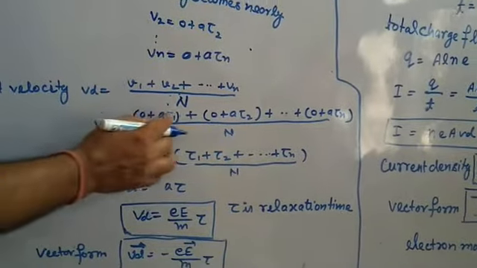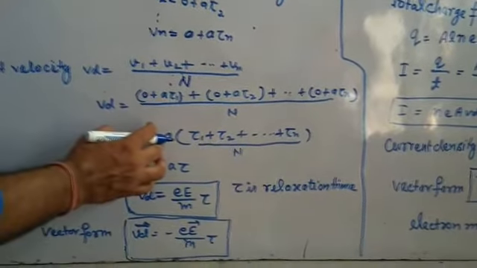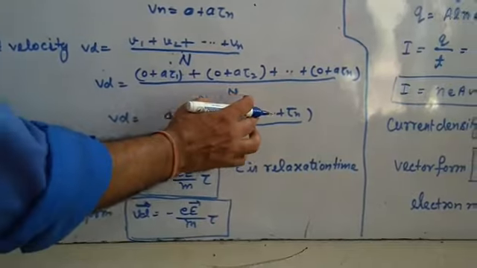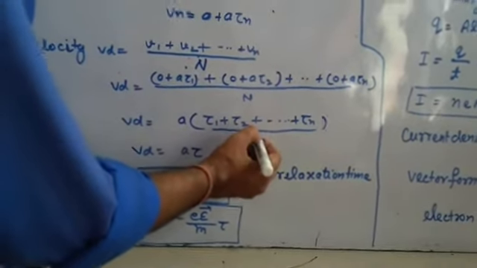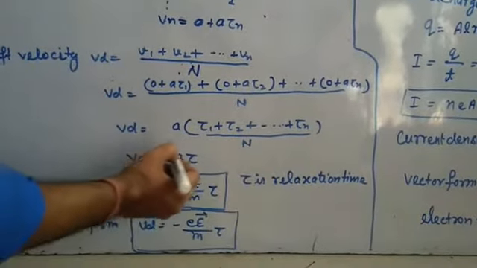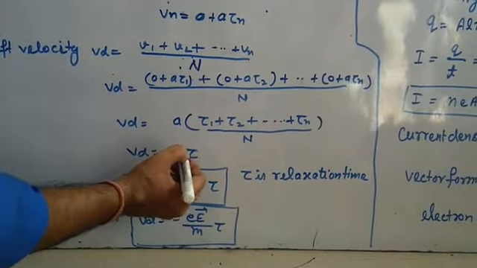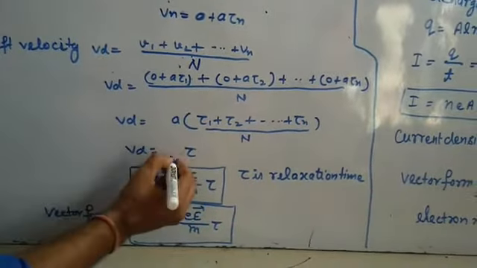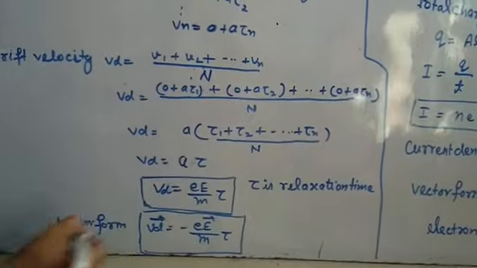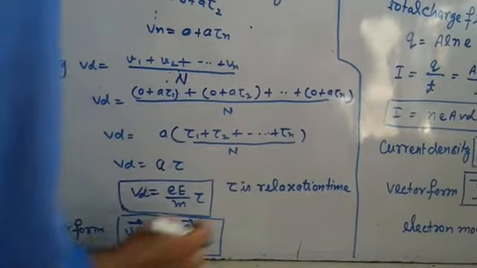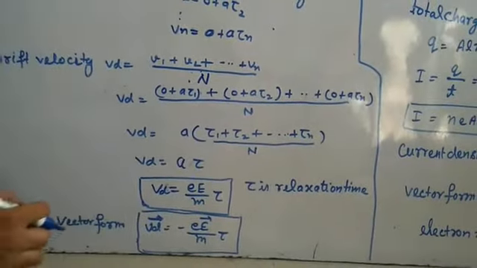Therefore, Vd equal to a into tau 1 plus tau 2 plus dot dot tau N upon N. Vd equal to a tau, where a is acceleration and tau is the relaxation time, the mean time taken between